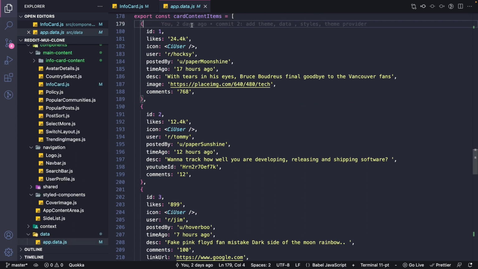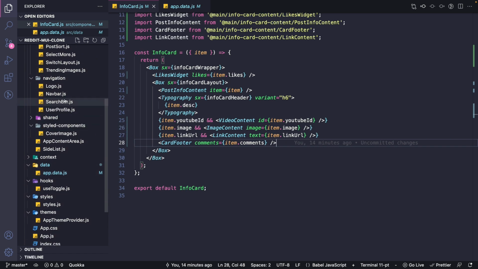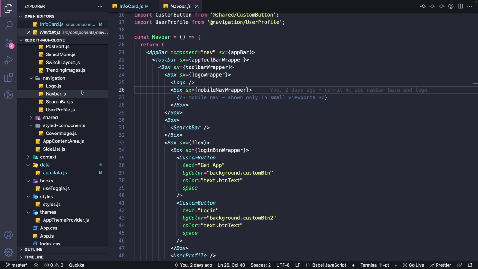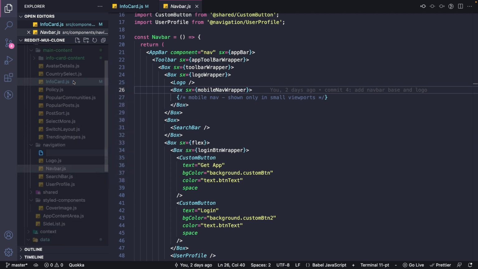There is one more component left to build, which is our mobile nav. If you go to navbar.js, there is one more placeholder that we put here long back. So let's fill that up now. Let's create one more component called mobilenav.js. Within the navigation folder, let's create a file called